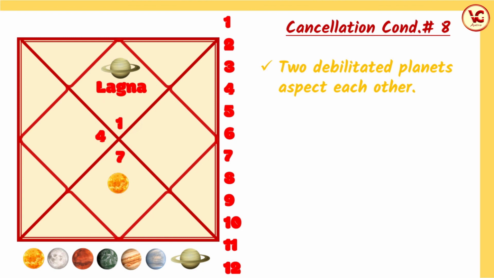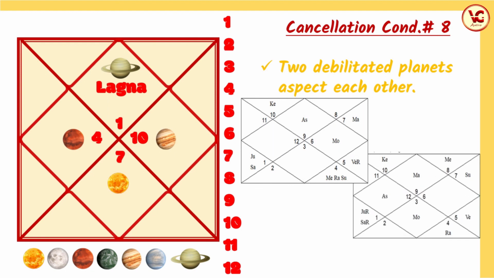Second example is Cancer. Here Mars is debilitated, and opposite to this, in Capricorn, Jupiter is debilitated. So they are cancelling their debilitated status of each other. In these example charts, you can see with which planet it is happening. And I have also mentioned one comment. In my view, it can happen only with Sun, Saturn, and Mars, Jupiter. You can post your comment.